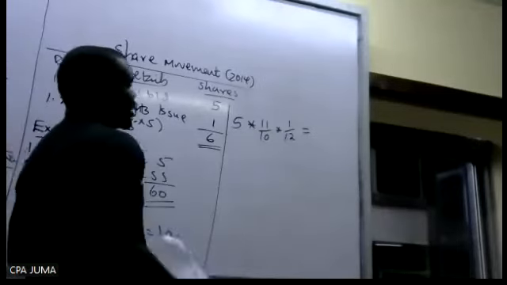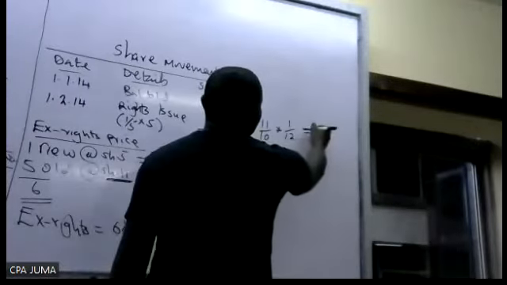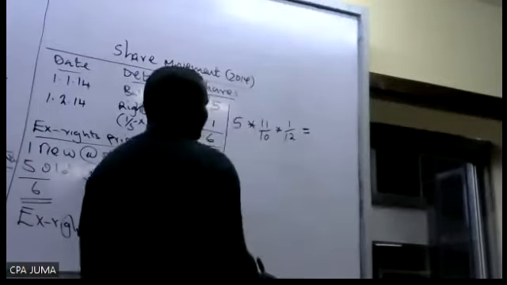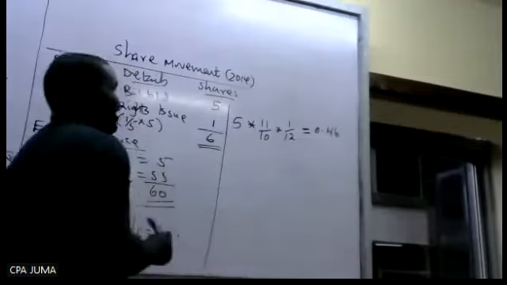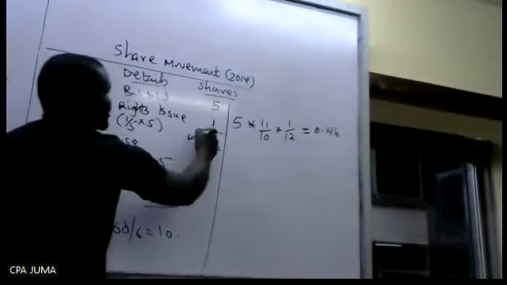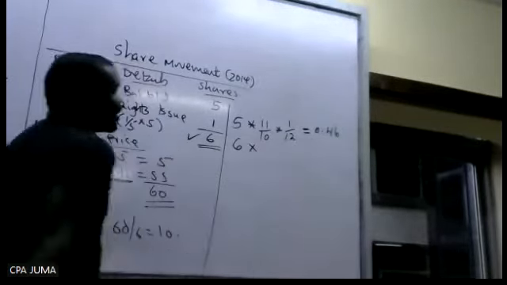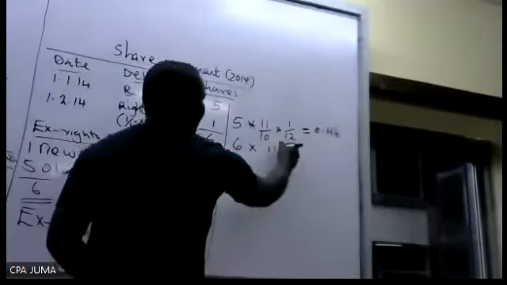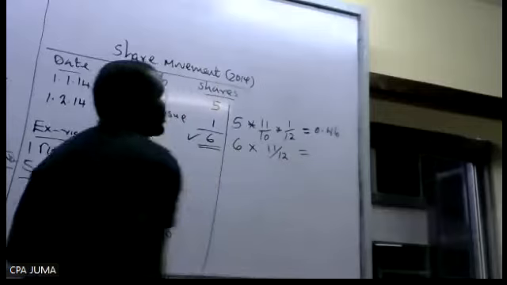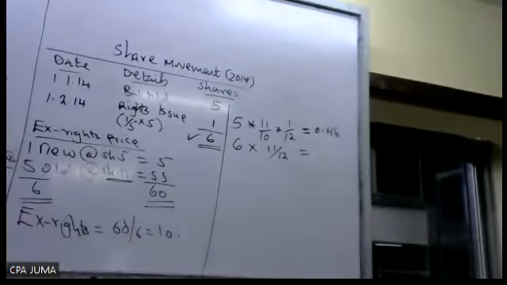This one comes to 0.46. After the rights issue, we have 6. So weigh these 6 for the remaining period, to the end of the year. How many months? 12 minus 1 is 11.